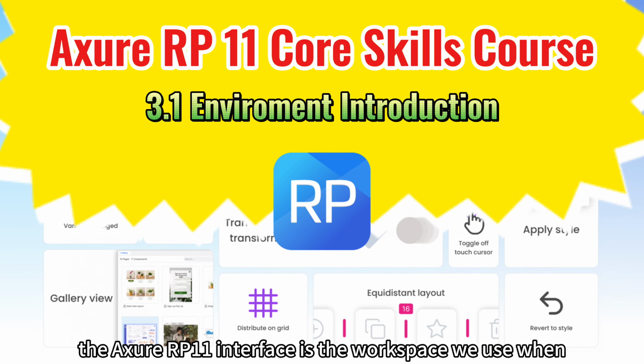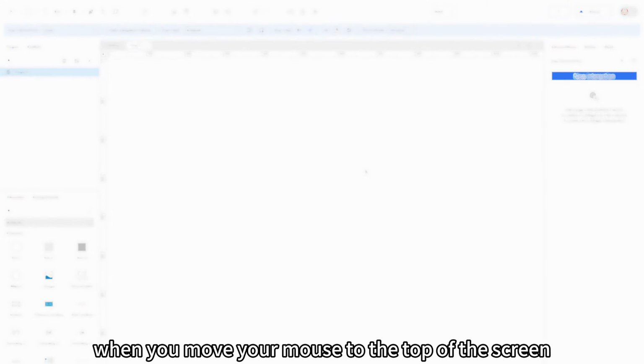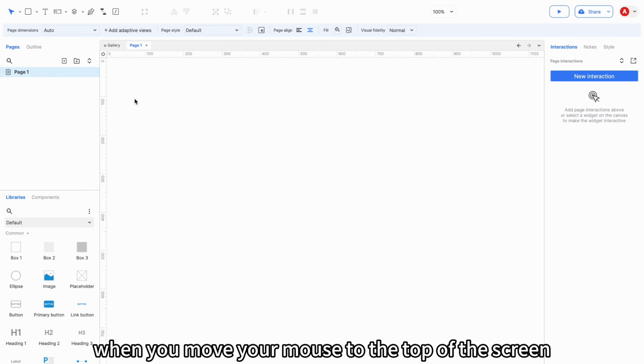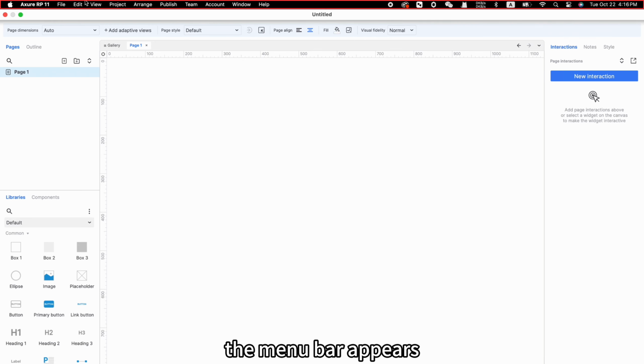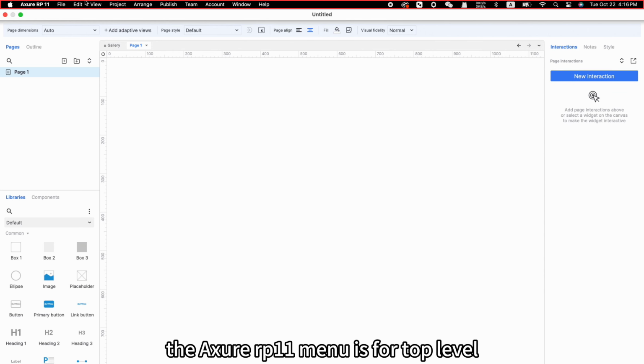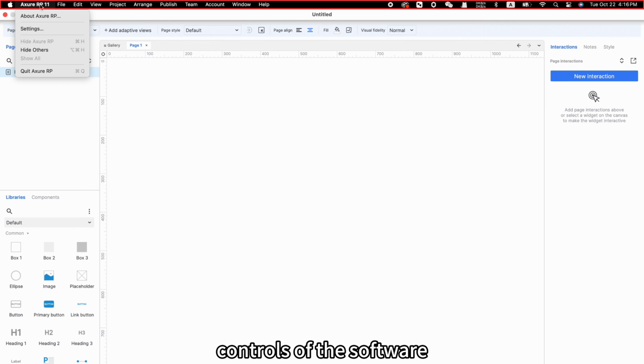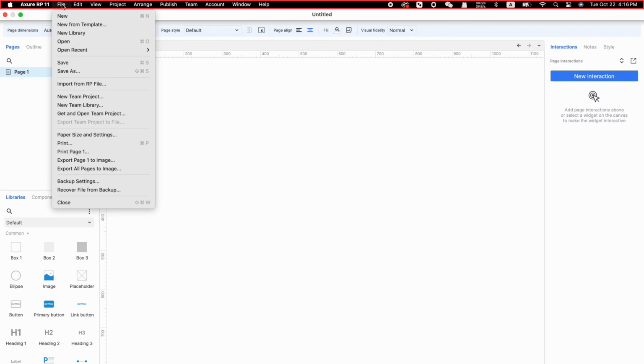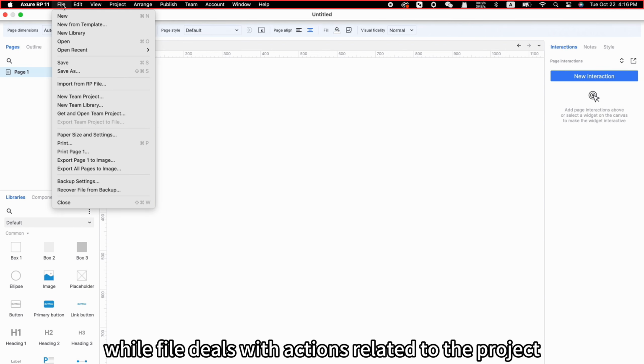The Axure RP11 interface is the workspace we use when prototyping. When you move your mouse to the top of the screen, the menu bar appears. This bar holds all the main operations for Axure. The Axure RP11 menu is for top-level controls of the software, while File deals with actions related to the project